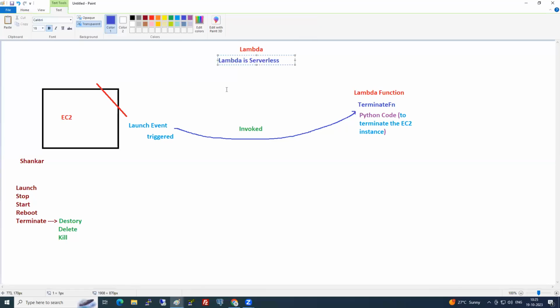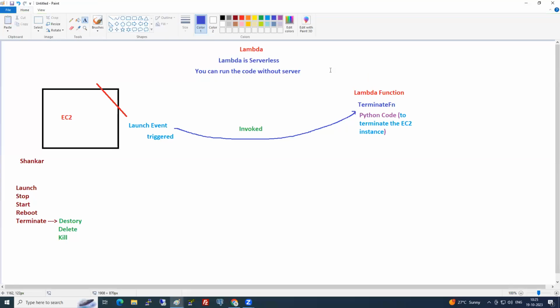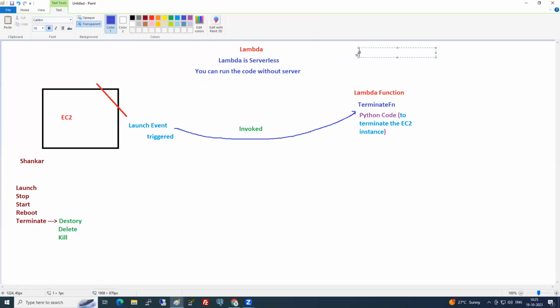Can you run the code without the server here? Yes, you can run the code without a server. So Lambda is for automation.